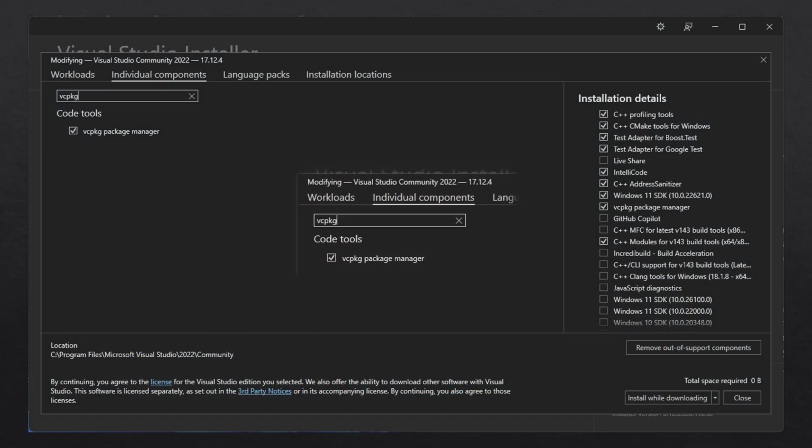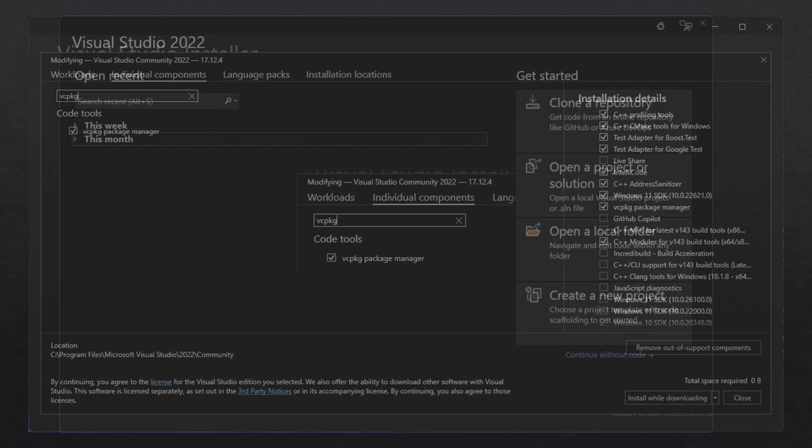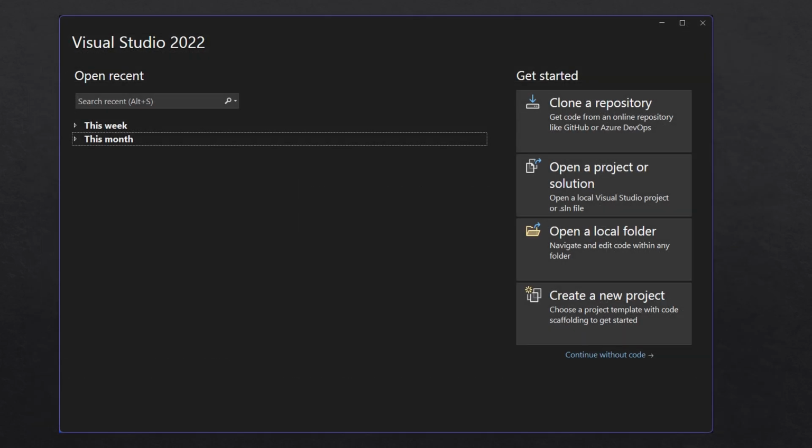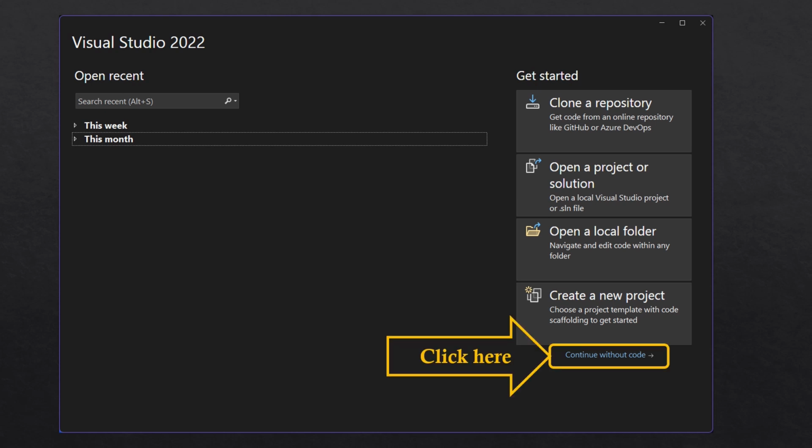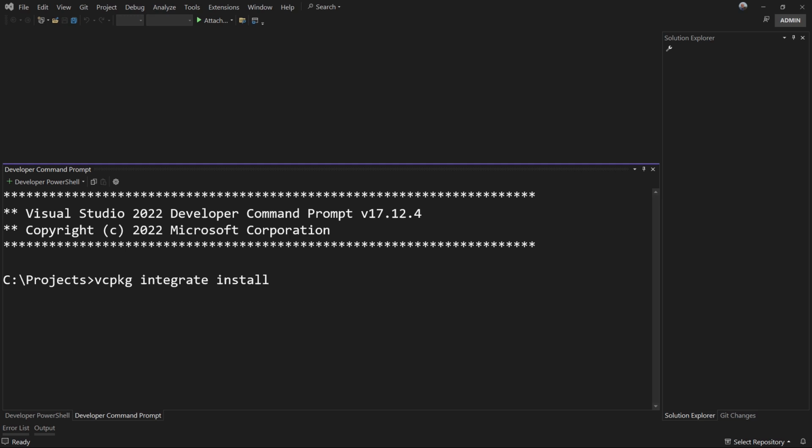Before you can use the VC Package Manager, you must make sure that the capabilities are installed in your Visual Studio installation. Start up the installer for Visual Studio and search for it in the Individual Components tab, and enable it if required. Once you have the capability installed, fire up Visual Studio as an administrator and click on the Continue Without Code text. Once you get to the workspace, open up a terminal within Visual Studio and